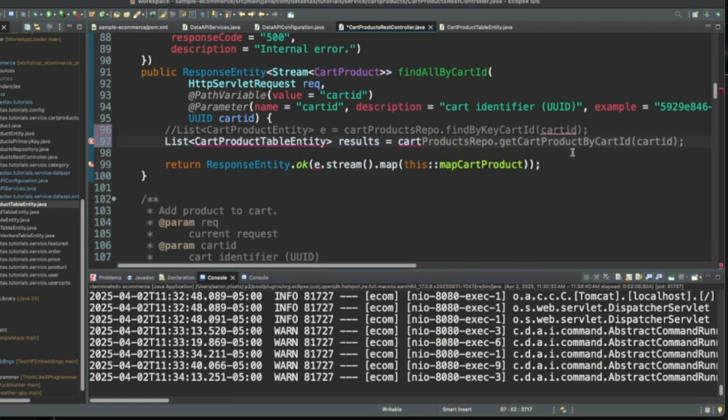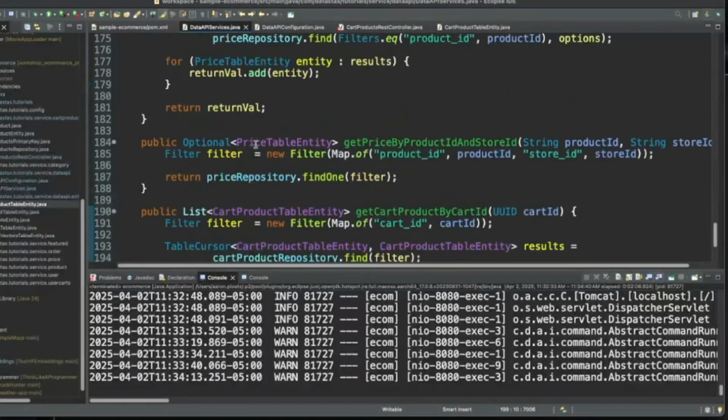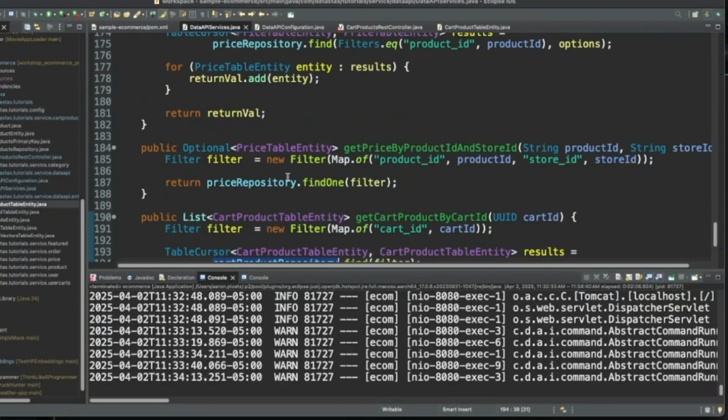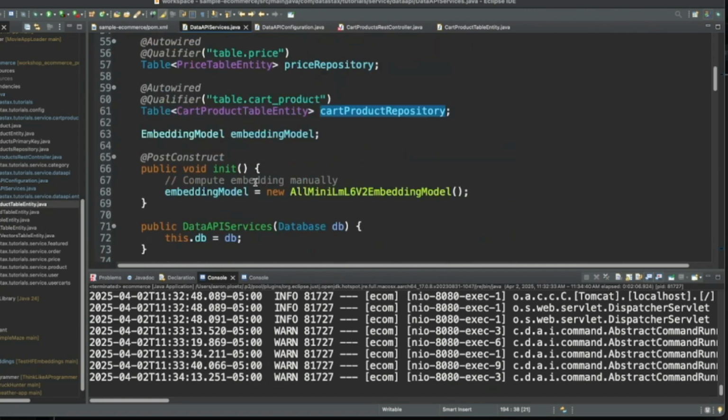Oh, you know what? I have not created that yet. Yep, let's back up a little bit here. So right here, inside of the controller, we're injecting the Spring Data Cassandra repository for the cart products table. Let's also inject our data API services so that we can get at our cart product repository that we defined here.